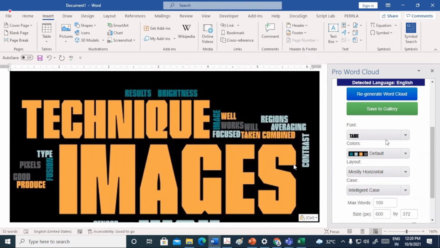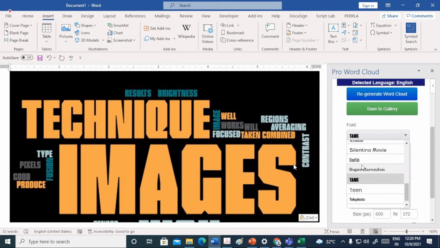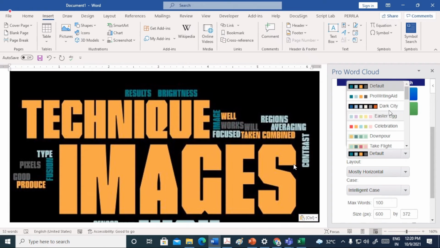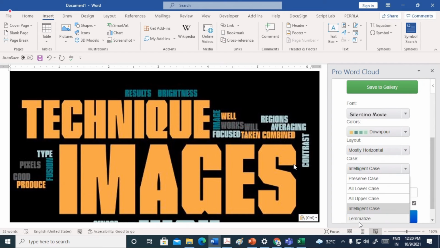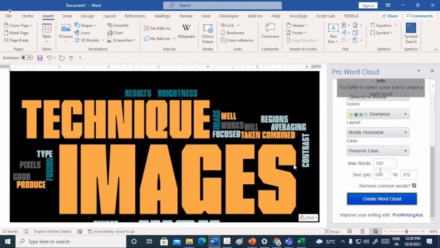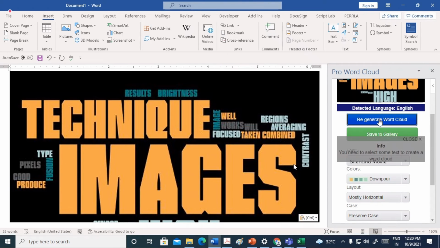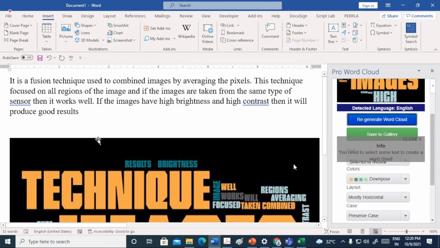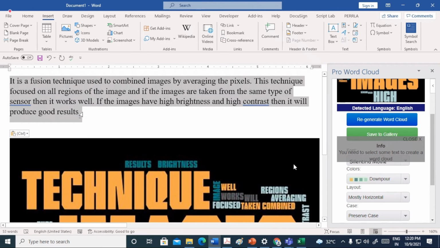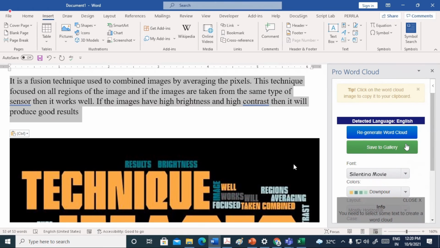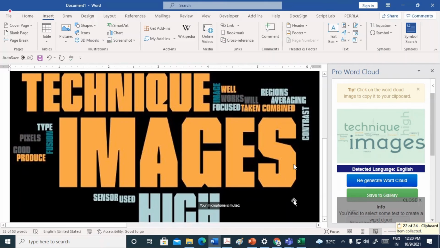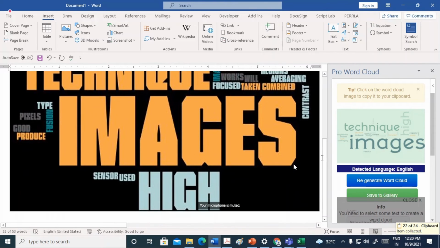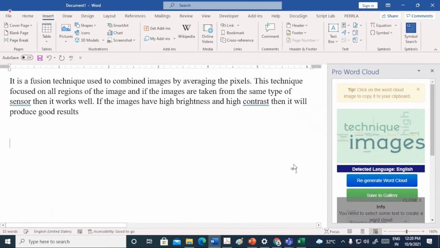Obviously you can change how it looks, change the color combinations, all lowercase, all uppercase, preserve case, and then once again you can regenerate. You need to select the text, regenerate, and see a totally different word cloud of the same text is now available with us.